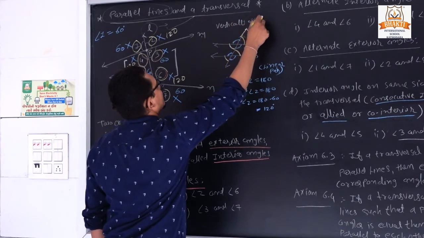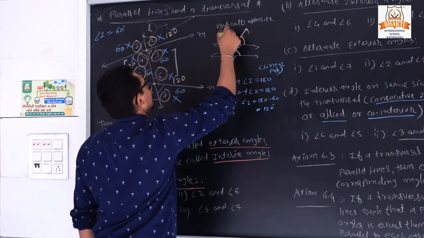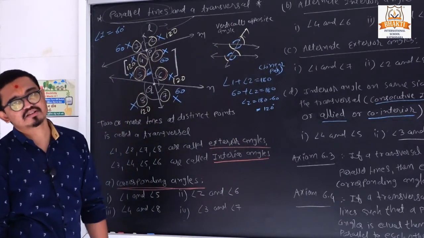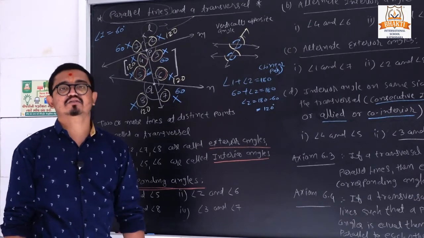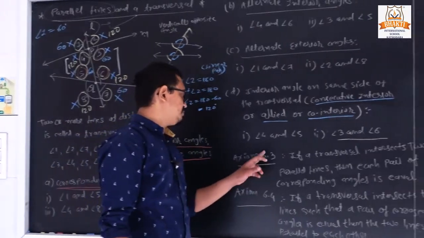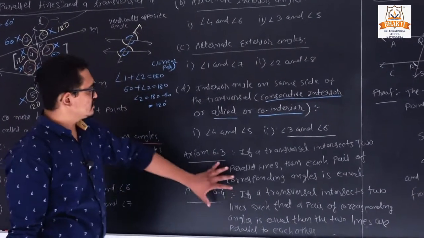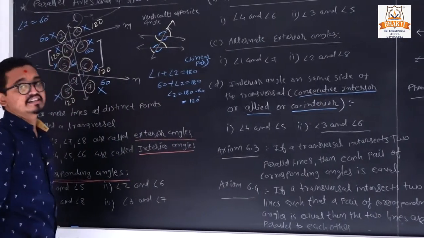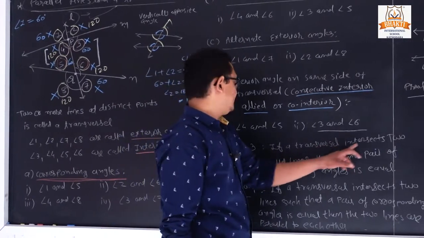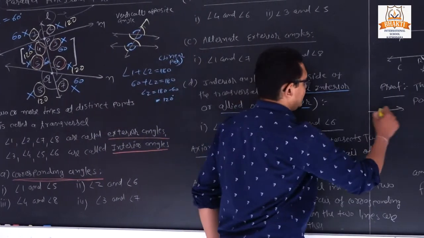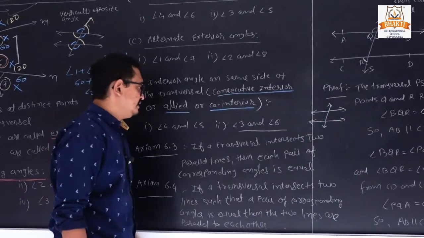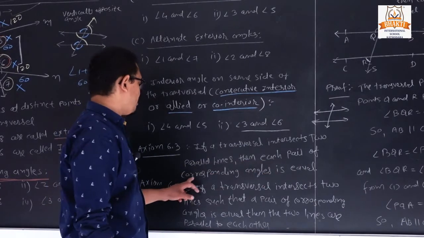Vertically opposite angle. Before exercise 6.1 we have one theorem regarding the vertically opposite angle: vertically opposite angles are always equal. Now we have two more axioms, 6.3 and 6.4, derived from this theory. First of all we can read this sentence: if a transversal intersects two parallel lines, suppose we have two parallel lines and a transversal intersects these lines, then each pair of corresponding angles